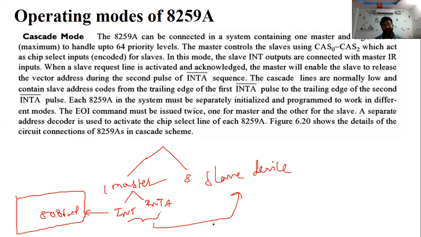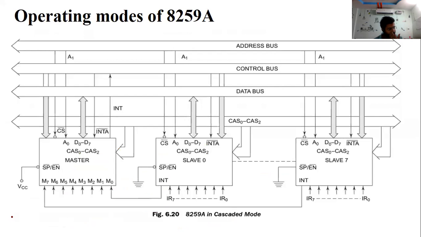The slave devices give the interrupt requests and interrupt acknowledgement through this master. Who gives the commands to this master? The 8086 microprocessor gives commands to this master, and this master commands the 8 slave devices. Very simple. This is the basic diagram of the cascading mode. This is the master. You know that there is one master and 8 slaves, slave devices 0 to 7, nothing but 8 slave devices.